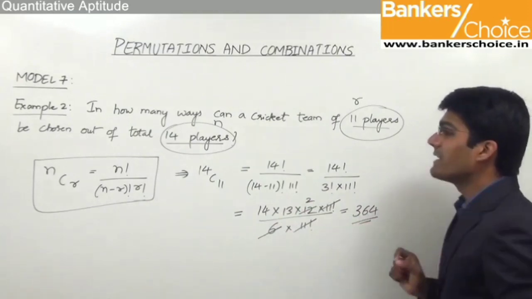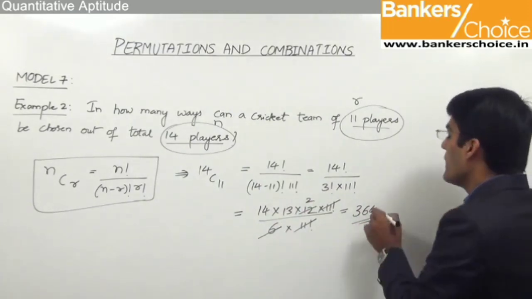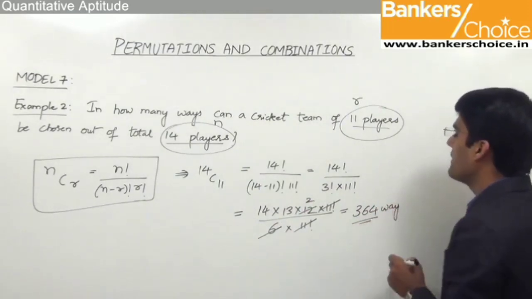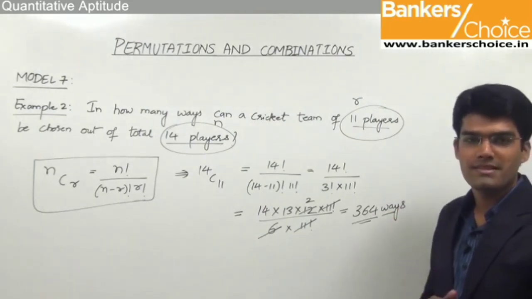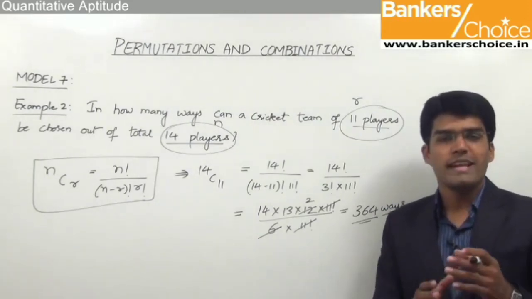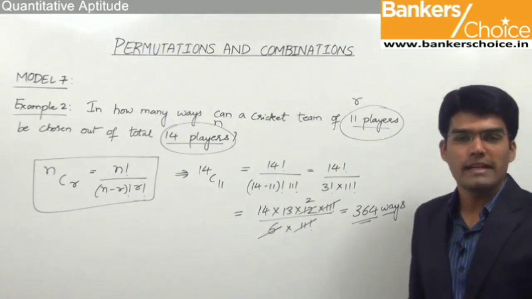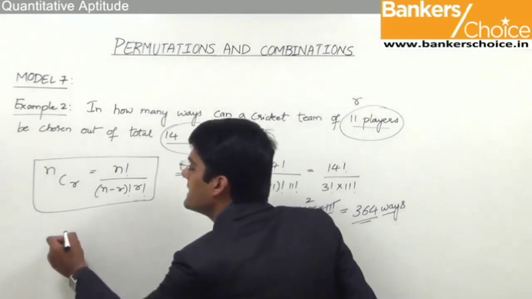So we can say there are 364 different ways in which a cricket team of 11 players can be formed out of 14 players. So the answer for this question is 364. Now before we take up the next model, one important point that I would like to mention here is